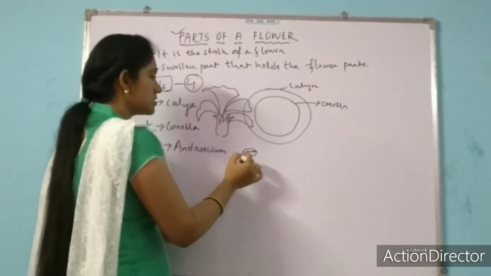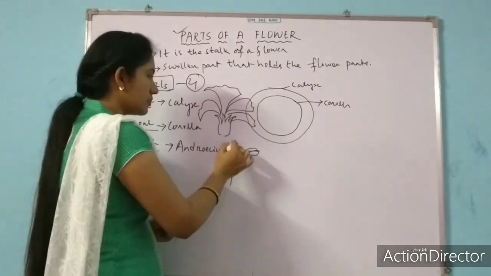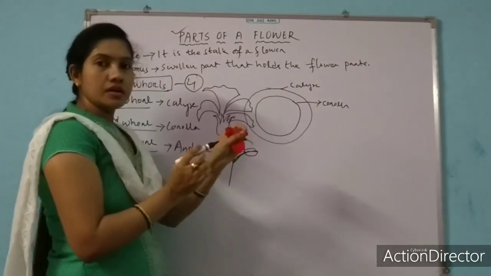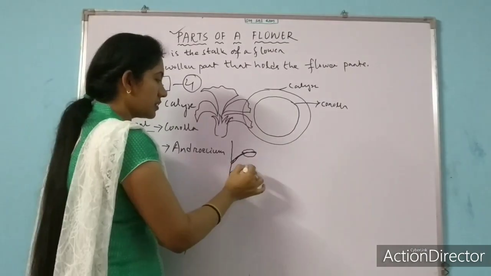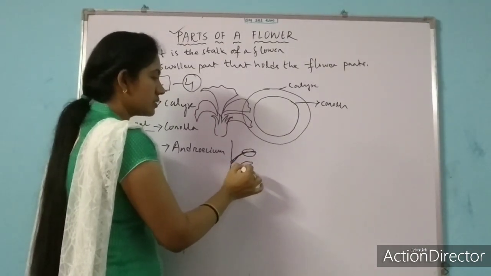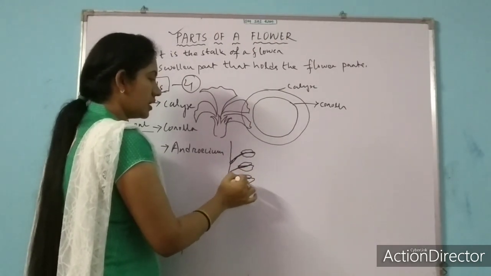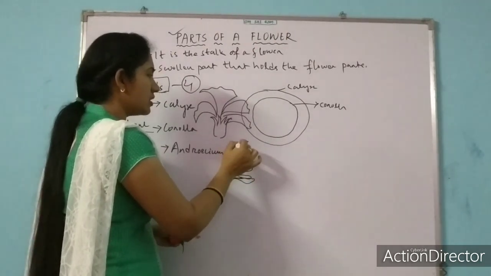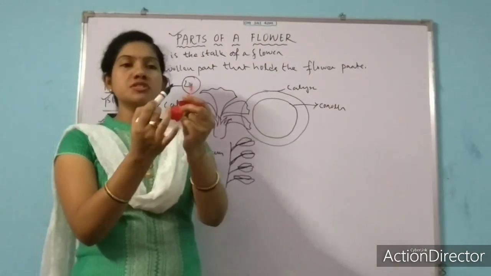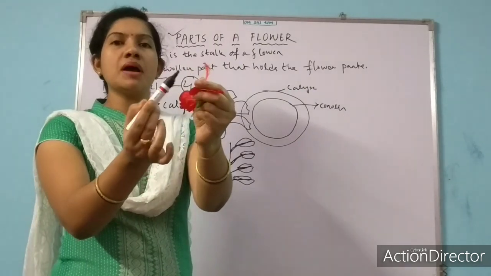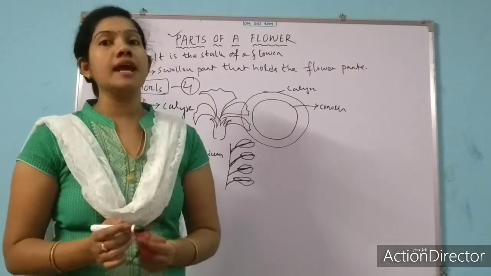This is the structure of a stamen. This is the female part. We will discuss it in the fourth whorl. So these are the stamens. Like this, they get attached to the structure. Later I will show you the close view. You can see a number of yellowish parts here. A number of stamens collectively are known as androecium.